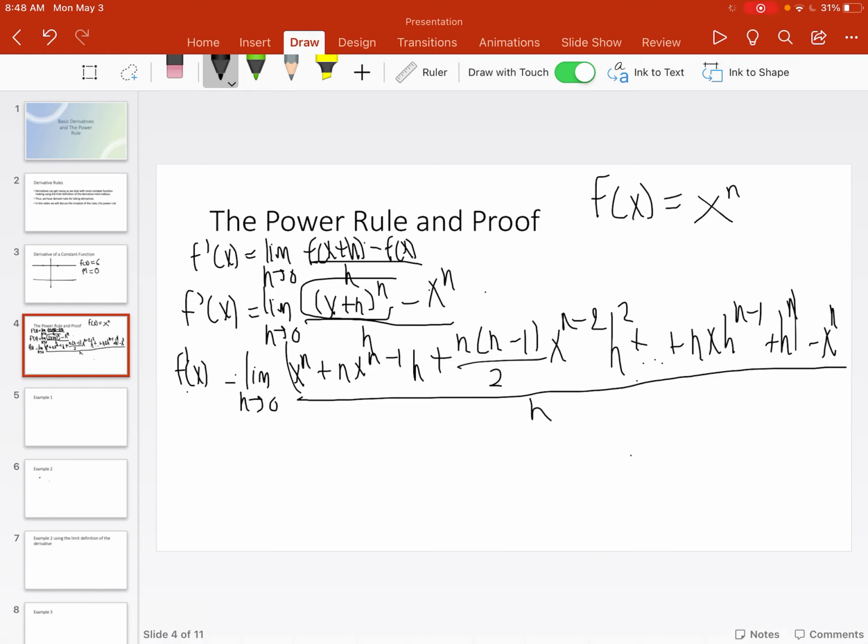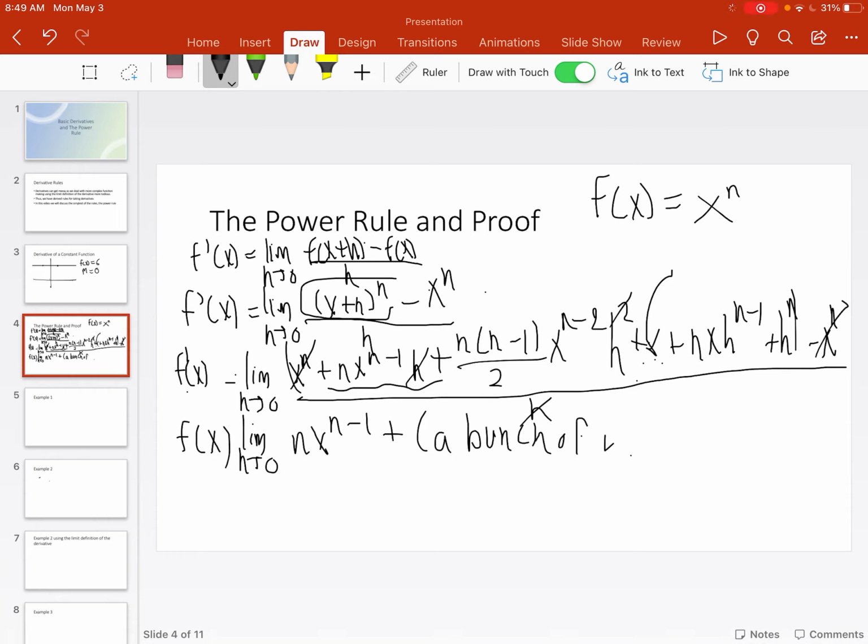Well, we notice some cancellations. We're always looking for cancellations when we use the limit definition of the derivative, and we see them. x to the n, that's gone. And we get more cancellations in terms of the h's. So what we realize is that we have a bunch of these h terms in here too. What we get is the limit as h approaches 0, and recall right here there's no h term now because we canceled it out. We get n x to the n minus 1 plus